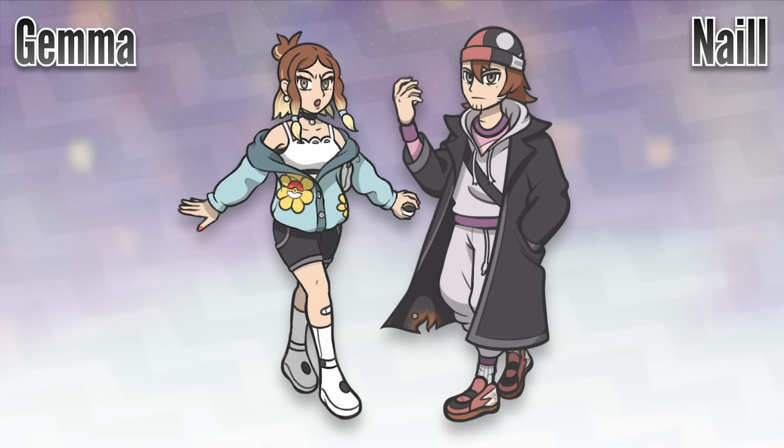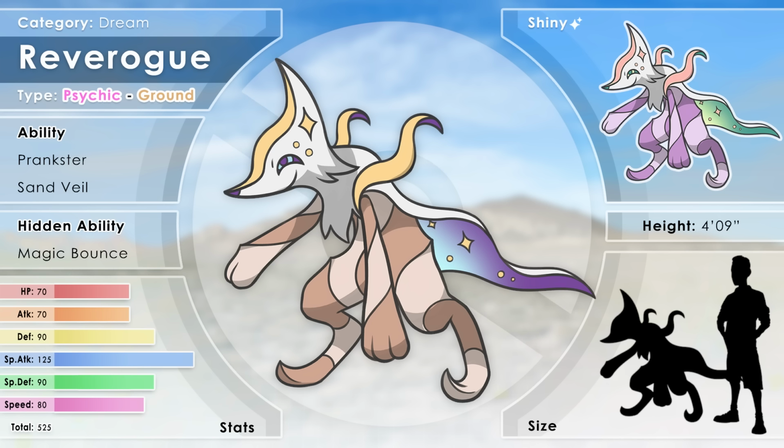Even though I just made 3 starters, that's why I just made 1 Pokemon who's basically the equivalent of like Lucario or Zoroark of that region. Awesome. The cool one. Yeah, that. The cool one for boys. Reverogue. Hey, Reverogue. Whoa. I love him, actually. I would use this one. Very cool. I'm loving this style. Thank you. It's closer to the kind of style I like to draw.